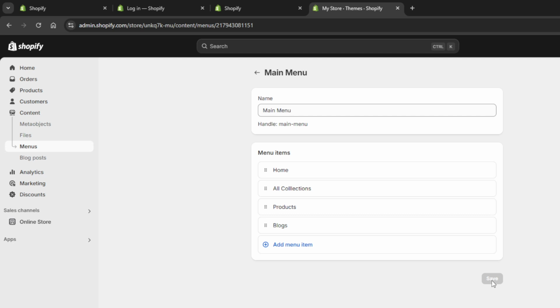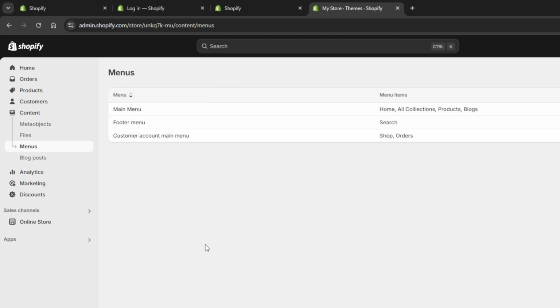Once you've finished your adjustments, make sure to hit Save. This confirms your menu setup changes and solidifies the arrangement of your new mega menu. And there you have it. With these simple steps, your Shopify store now